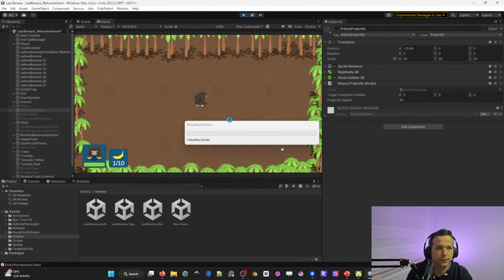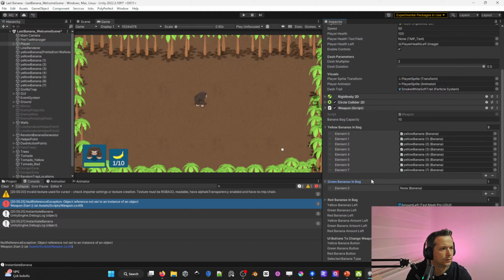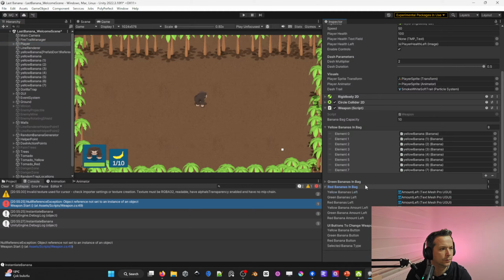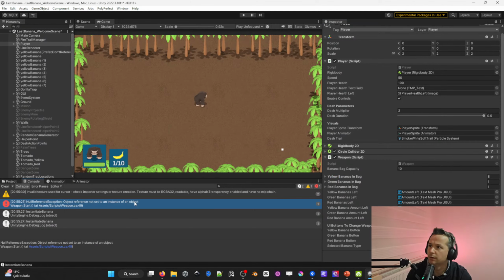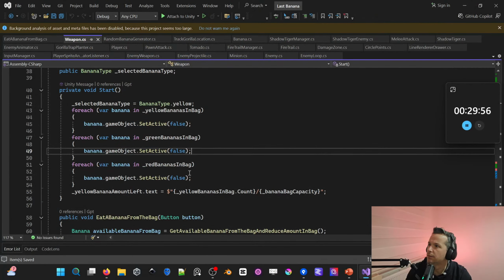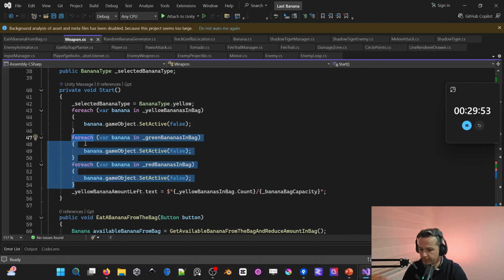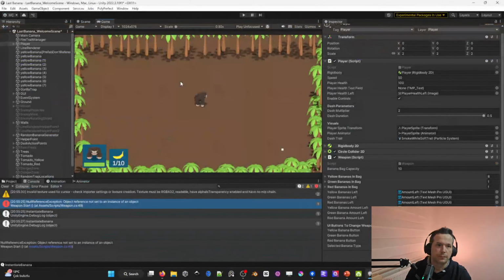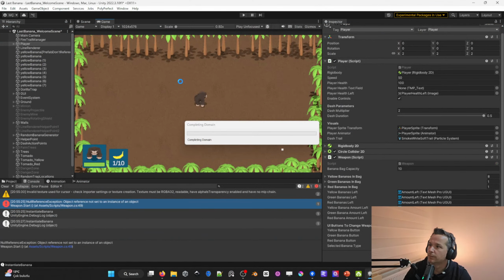Okay, over here, let's check if I have any problem. Yes, I have the problem of banana game object set active. Green banana in back, red banana in back. Okay, I do not use any of the green bananas and red banana sections, so now